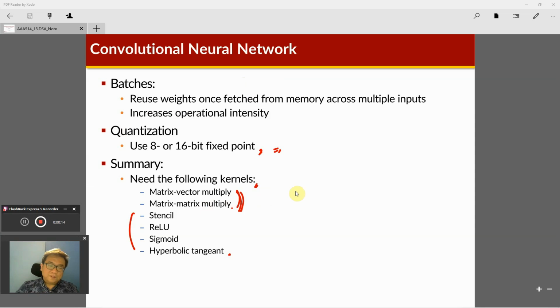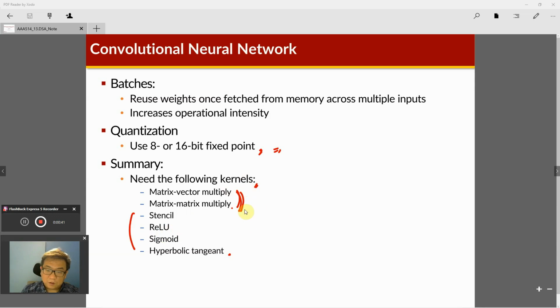Let's go on to the next topic, domain-specific architecture. ReLU is the rectified linear unit, and I don't know how to pronounce it; it's the abbreviated form of rectified linear unit. In neural network functions, these are some